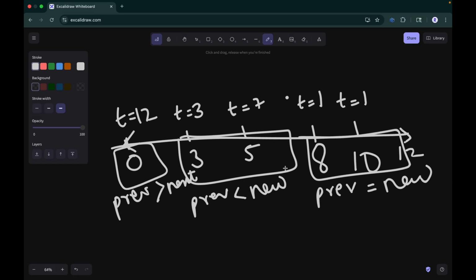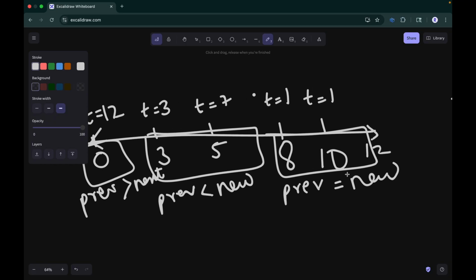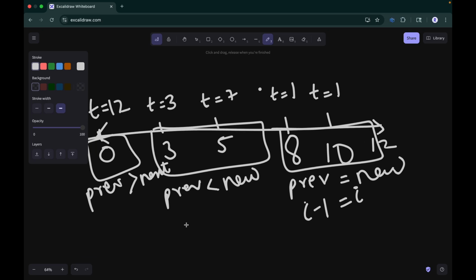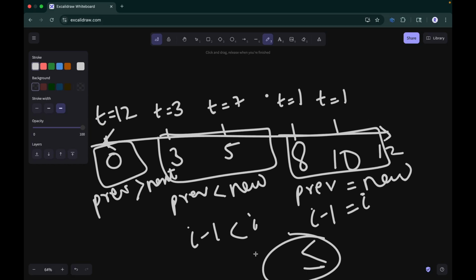So essentially what we're trying to check is that if you have a car over here at 8, let's say this is at I minus 1 and this is at I. So if they're equal, or if they're less than, okay. So if it is less than or equal to, in that case, we are going to have a fleet